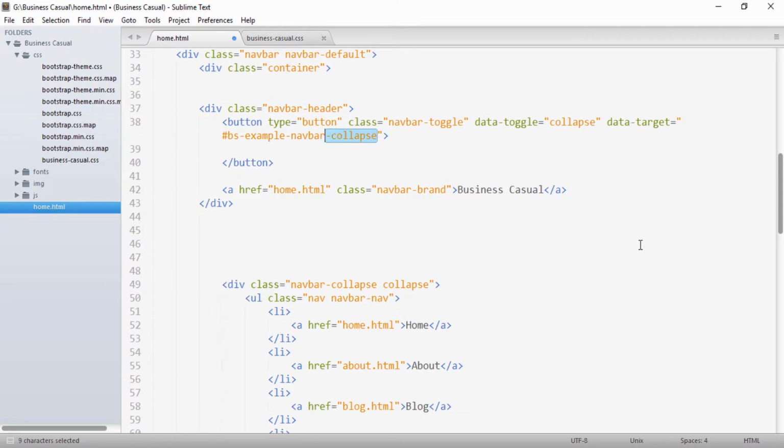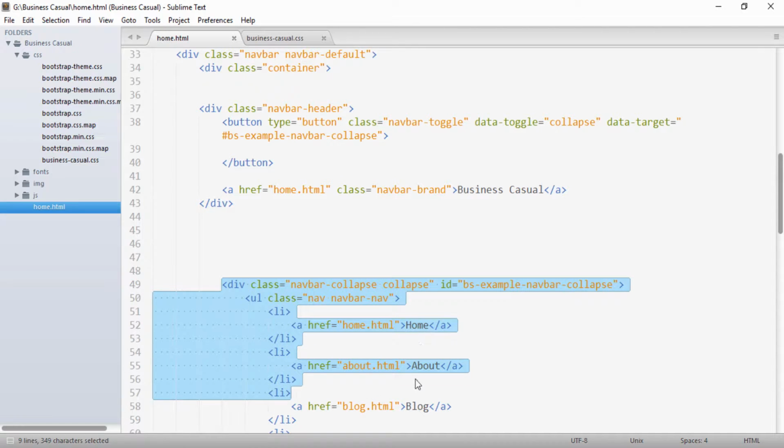This is an ID which I am giving. The same ID I have to provide to the navbar-collapse and collapse class div, so the ID equals this. Here this basically tells that whenever we click, the target will be this div, so this home, about, and blog will come in the form of a toggle menu.